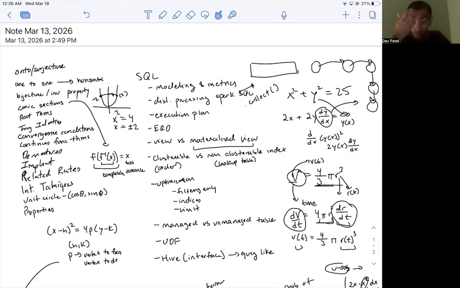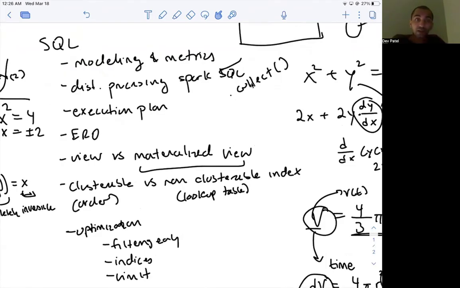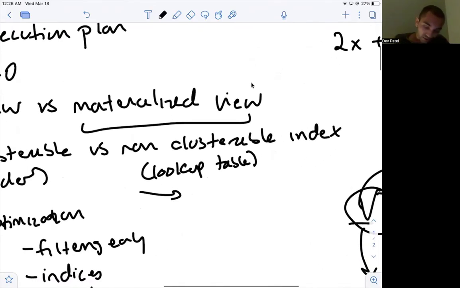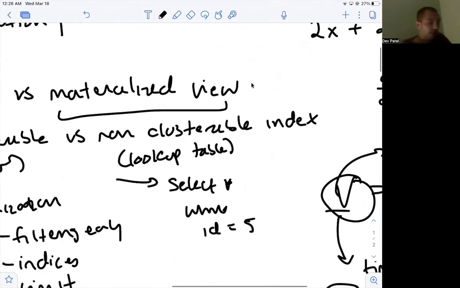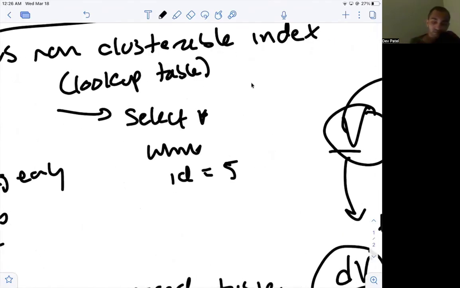Clusterable versus non-clusterable indices. Clusterable indices have an order, so these are mainly the primary keys that define the order of the rows. Non-clusterable indices are almost a lookup table. For example, if you're doing a select star where this ID equals 5 in a million rows, having a lookup table, having a non-clusterable index, will help make that more efficient, because what it will do is